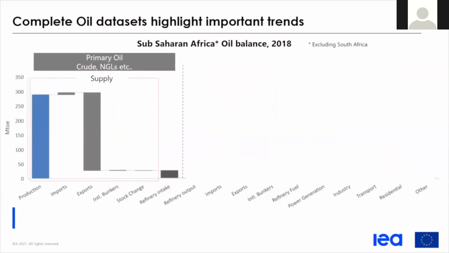Now, let's have a look at a complete oil data set to highlight some important trades for Sub-Saharan Africa. In Sub-Saharan Africa, in general, we can find countries that produce a lot of primary oil products, so crude oil, NGL, etc. So, the production is there. But since the refinery capacities and activities are very low in Sub-Saharan Africa, we have very few imports of those primary oil products, and a vast majority is exported toward other countries,